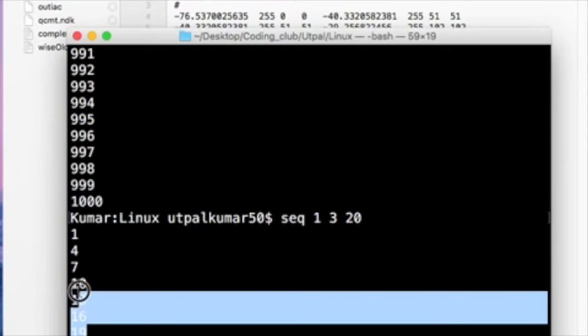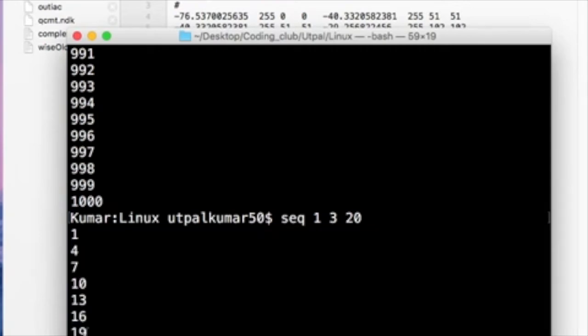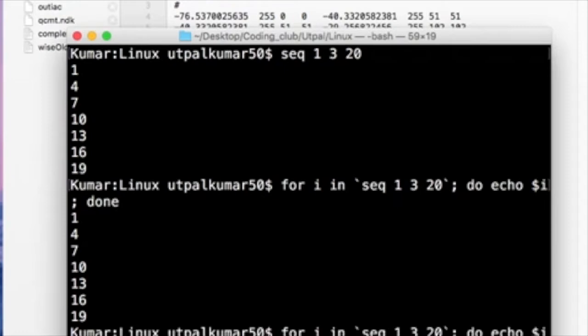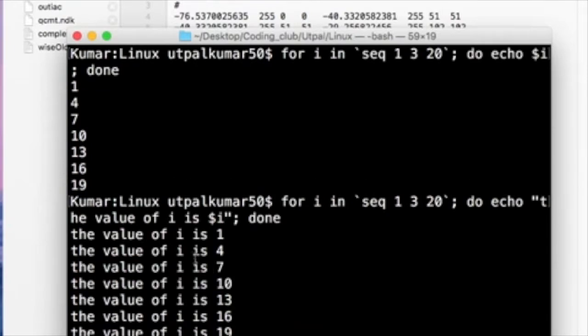See, so you have this list, right? So let's use the seq command in the for loop. So we do seq 1 3 20 and we print i, same, right? But if you use it in a for loop, you don't just print i, you can do something else. So the value of i is $i, put it into quotation marks. That's all. You see, it's running for each value of i, and it's printing the statements, the value